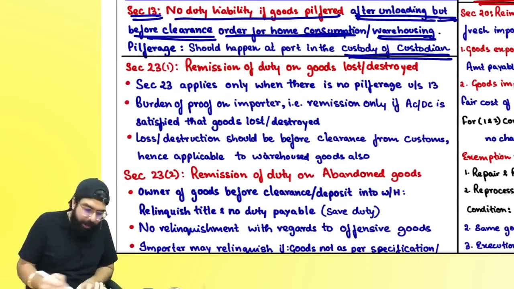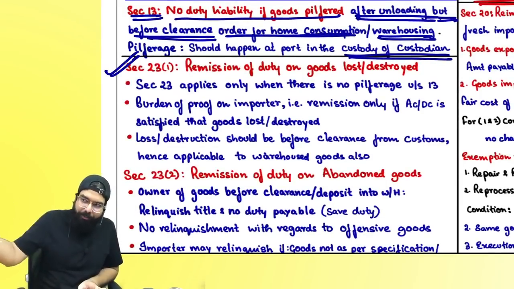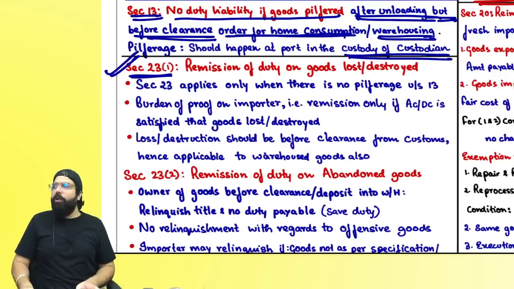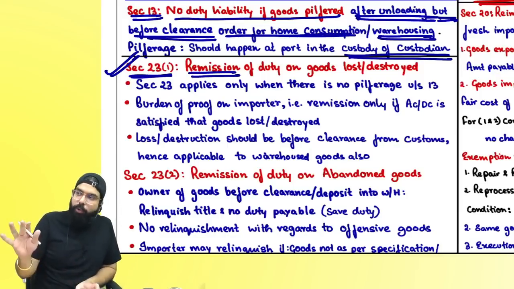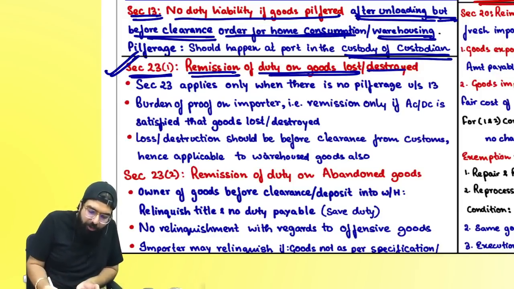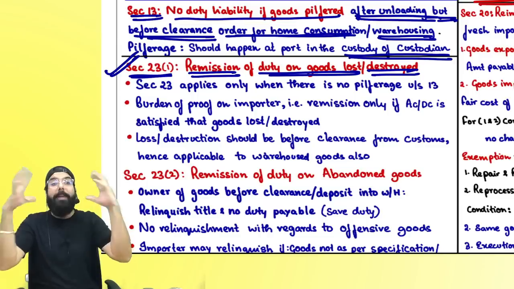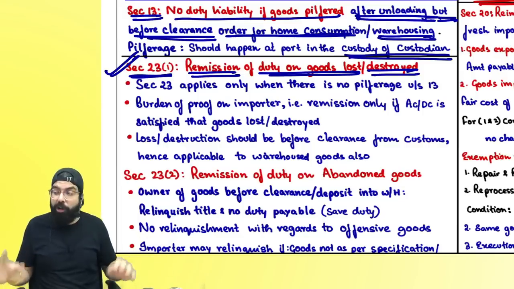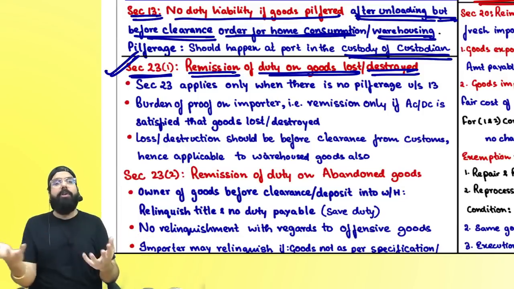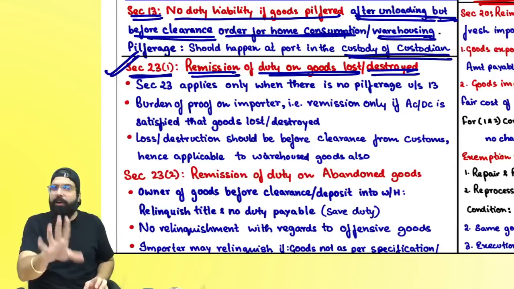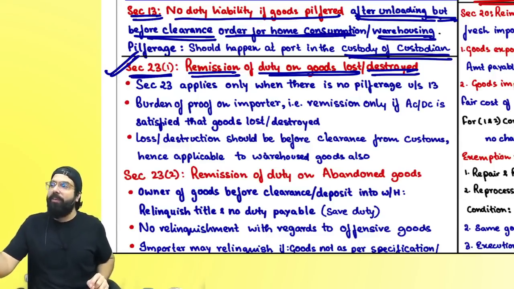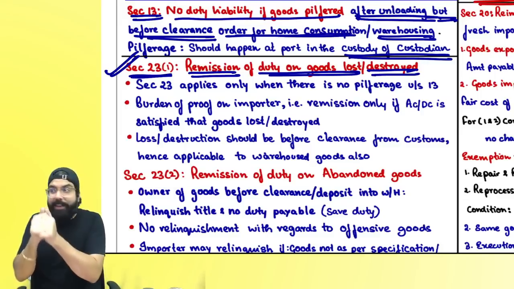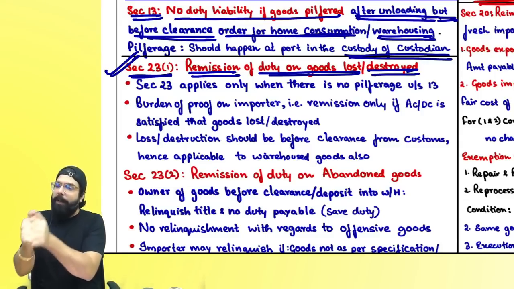Can I go ahead, everyone? The next one is, because goods pilfered, duty also pilfered. Section 23 subsection 1 talks about remission, meaning you don't have to pay the duty on goods which are lost or destroyed. Always remember, lost means big theft has happened, pilferage means small theft. Whenever goods are lost or destroyed, meaning they are completely unusable, then you can tell the department and they will not ask you for the duty on the goods which are lost or destroyed, but it is your duty to satisfy the AC or DC